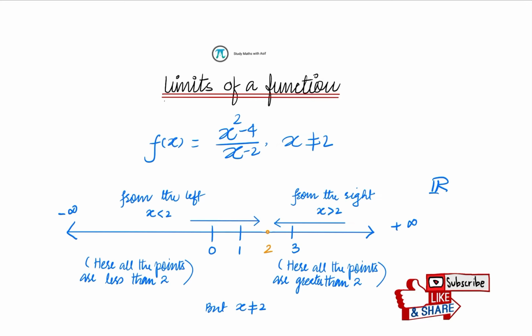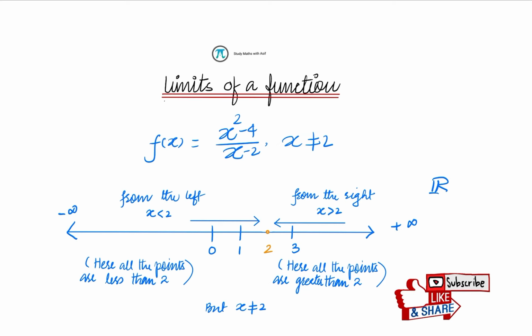Here I am considering f(x) equals (x square minus 4) upon (x minus 2), and it is defined when x not equals 2. That means the value of the function at 2 does not exist. It is clear, right? So the above function is not defined at x equals 2. That means, in simple words, the function has no value at 2. It is rather called an indeterminate form, right? It should be crystal clear to us.